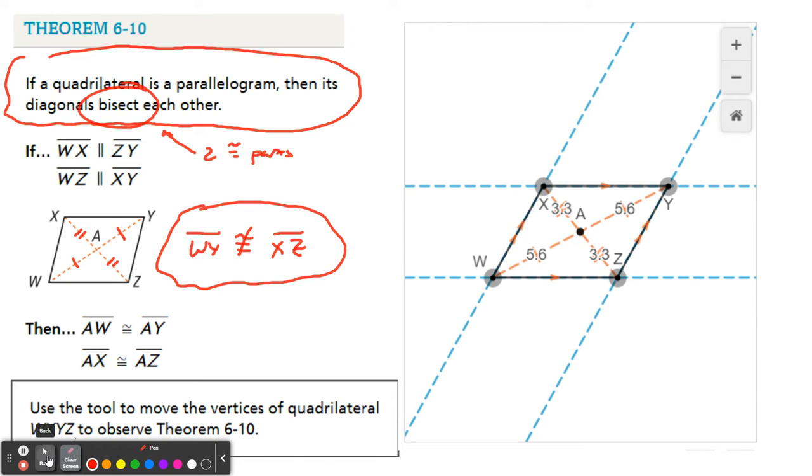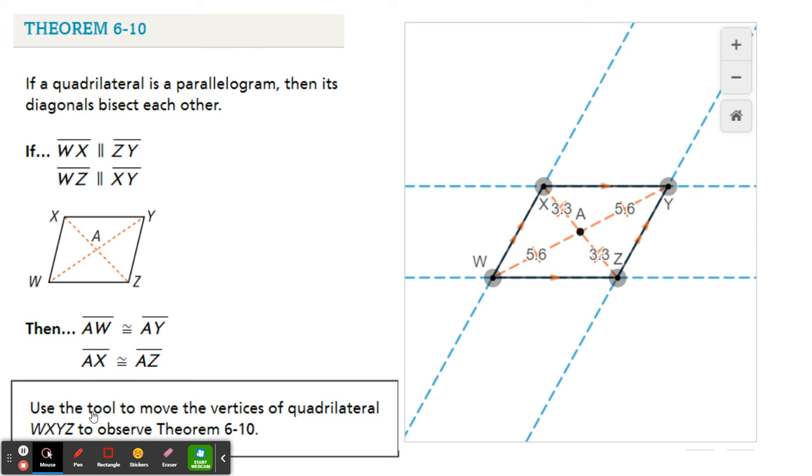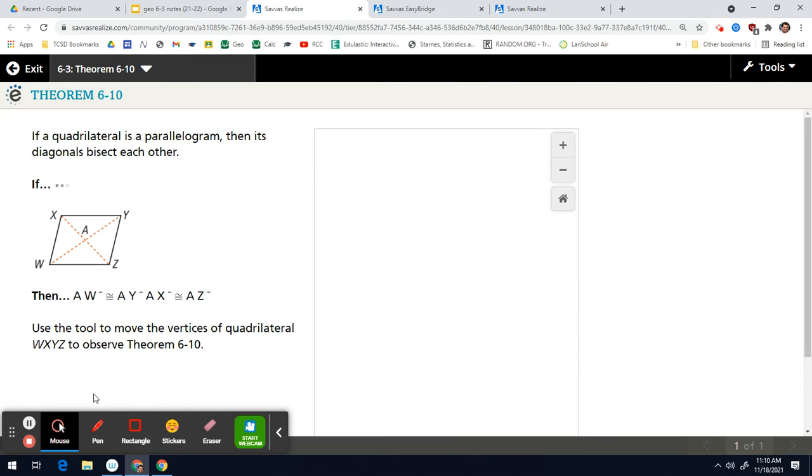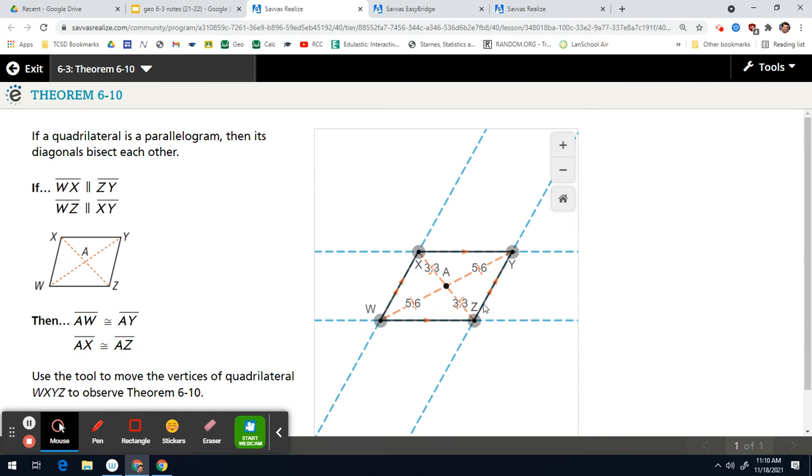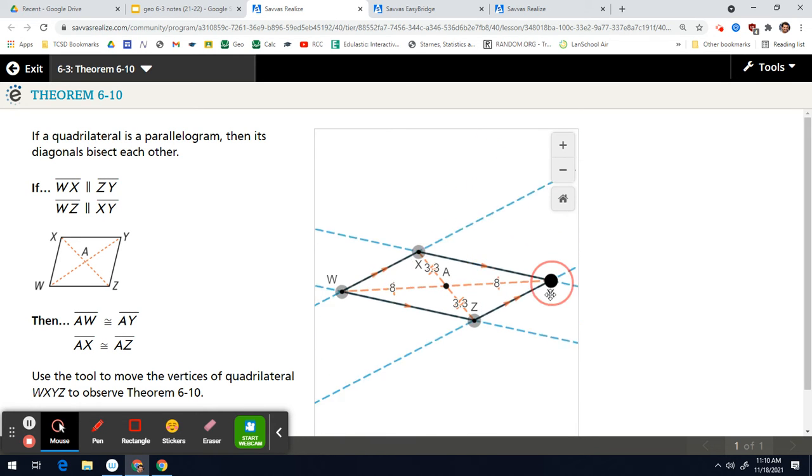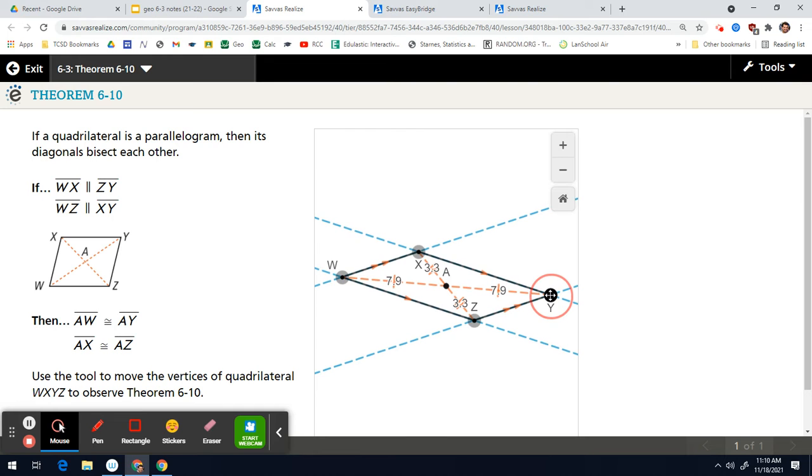Okay, so if we take a look at the Savas idea here. All right, so again, if you can see 3.3, 3.3, 5.6, 5.6, obviously if you double 3.3 and double 5.6, those diagonal lengths are not the same, right? Obviously. If I drag W out a little bit more there